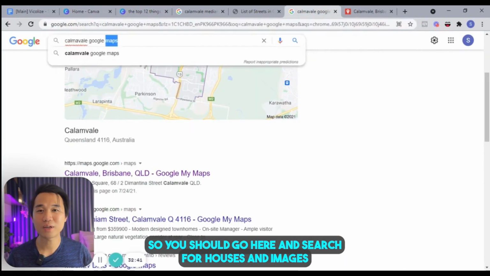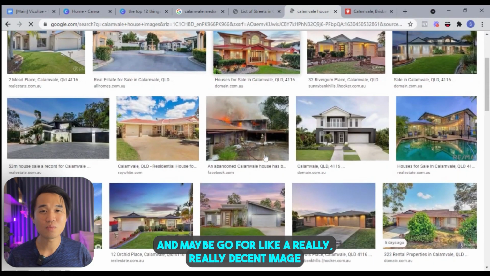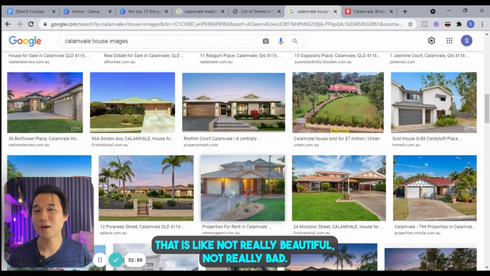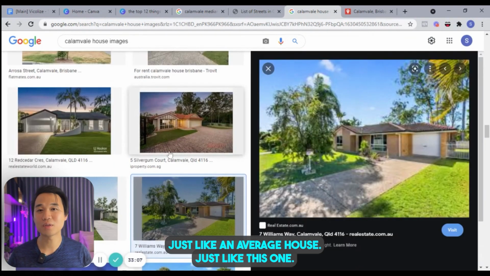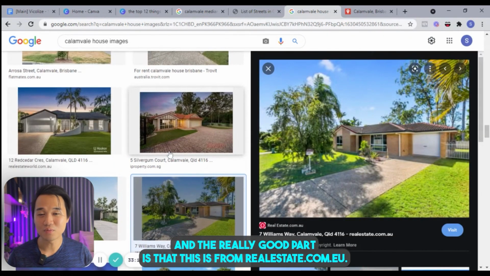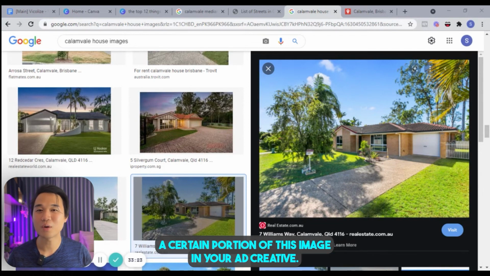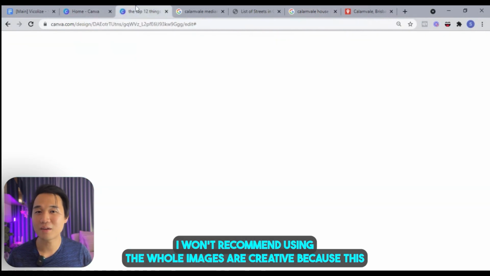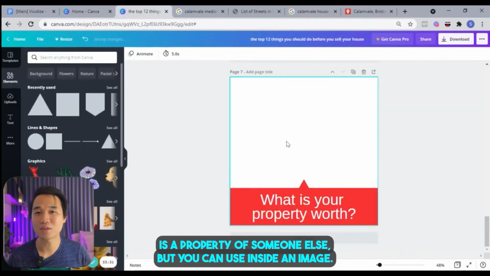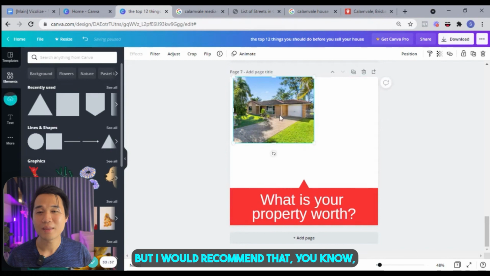So you should go here and search for houses and images, and go for a really decent image. That is not really beautiful, not really bad, just an average house, just like this one. I would definitely use this one. And the really good part is that this is from realestate.com.au, because this is listed. You can definitely use a certain portion of this image in your ad creative. I won't recommend using the whole image as a creative, because this is the property of someone else. But you can use a screenshot of it inside an image,